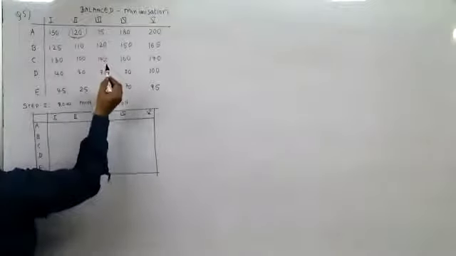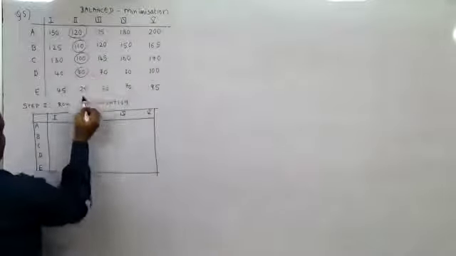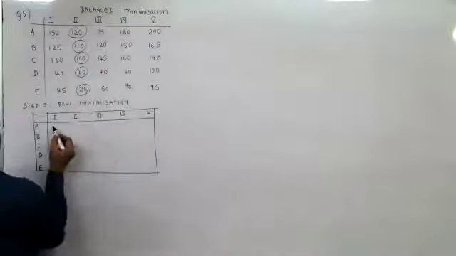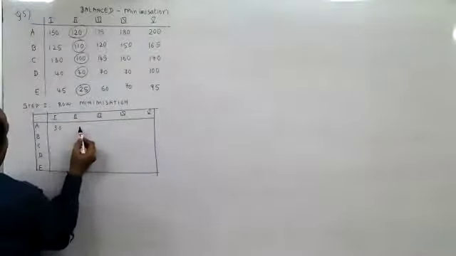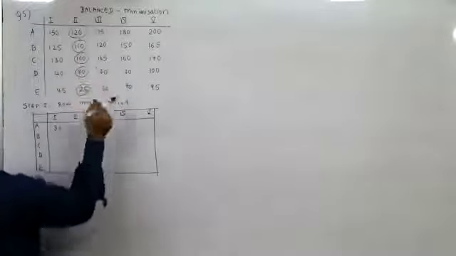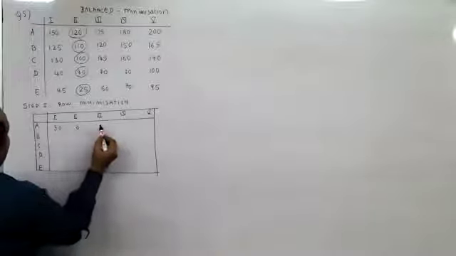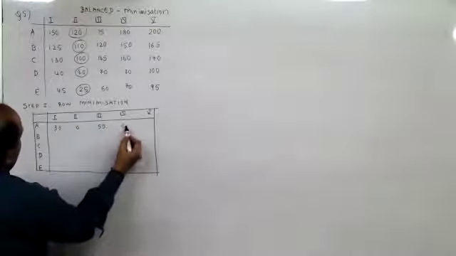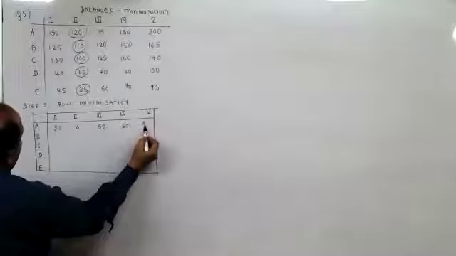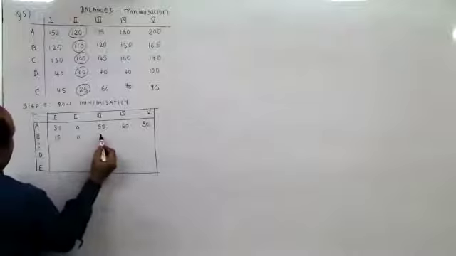Yeah, this would be 120, 110, 100. Lowest is 40 and this is 25. So here 150 minus 120 is 30. Now the best part is all these elements would be 0. So here this is 30, then this would be 0. 175 minus 120 is 55. Then here 180 minus 120 is 60. 200 minus 120 is 80. 125 minus 110 is 15. This is 0. This is 10.